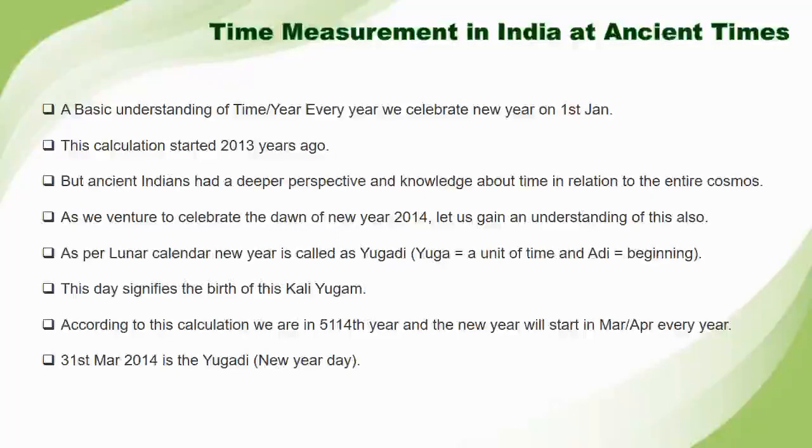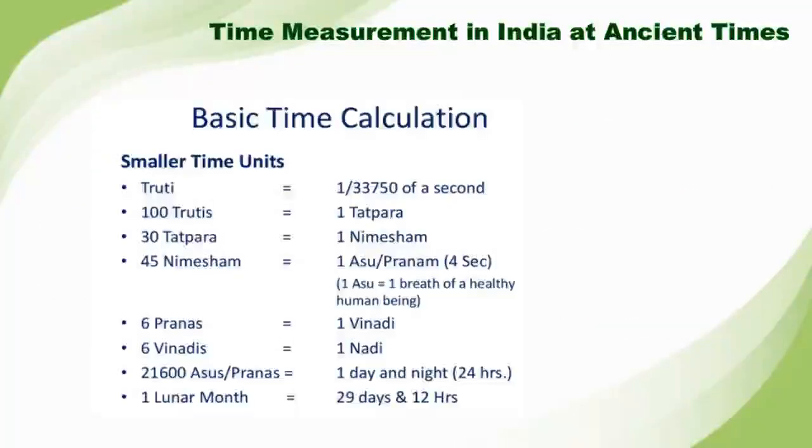Also, this is the basic time calculation. It involves some smaller time units, that is Truti. Truti means 1 by 33,750 of a second, and 100 Trutis is equal to 1 Tatpara, and 30 Tatpara equal 1 Nimisham, that is 1 minute in English, and 45 Nimisham is equal to 1 Asu or Pranam, that is 4 seconds,